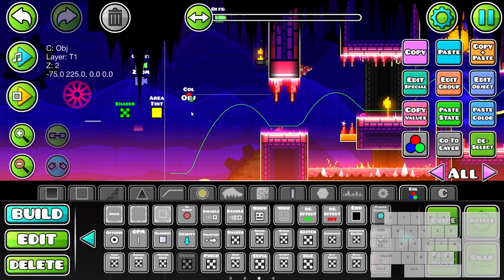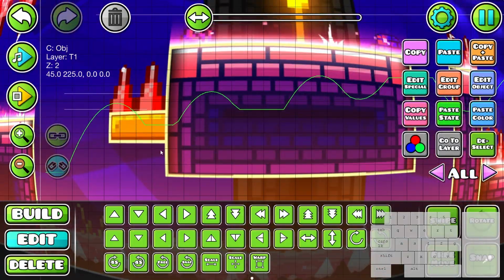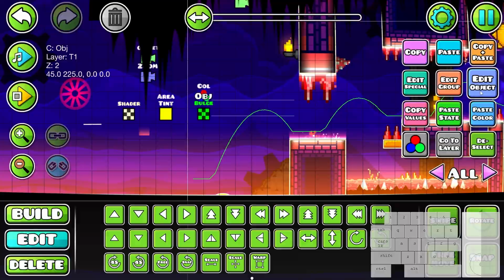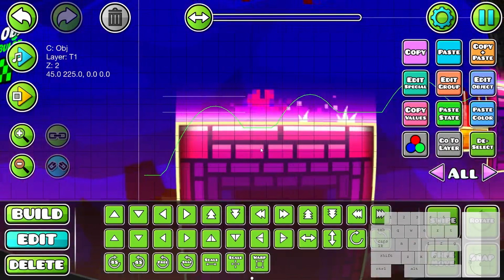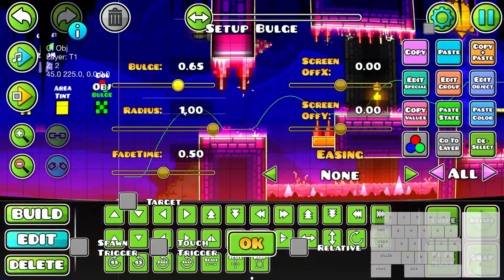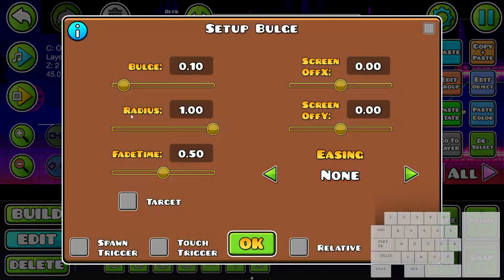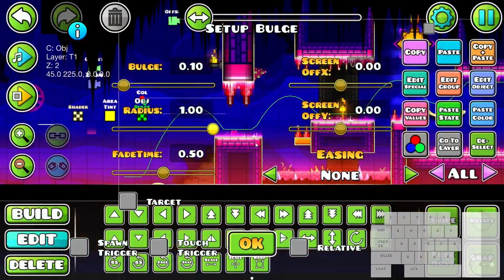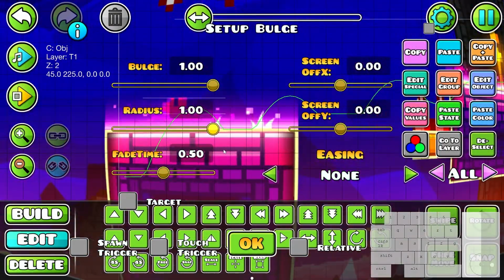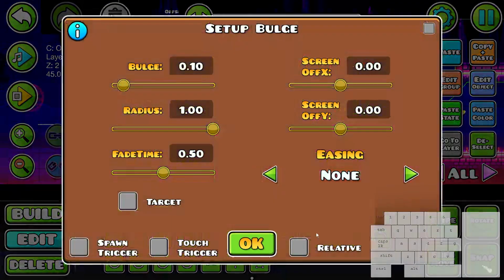And now if we add a bulge, for example, you guys can see that the background is actually not the background. Everything is going to go bulge mode, which is a bit crazy, but you can go to edit object and adjust the values, and see it live, which is awesome. So we want to go maybe something like 0.1. The radius, you can also play around with, but I think a radius of 1 works because we want to have a full thing like that,